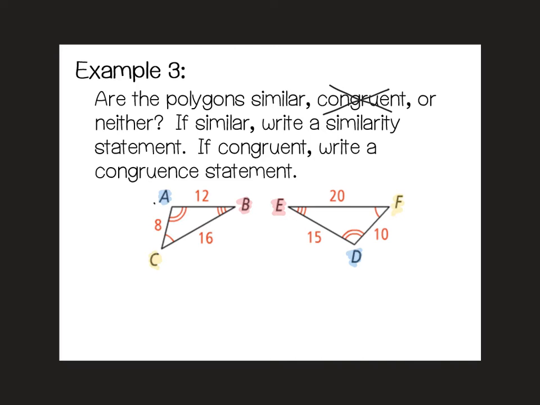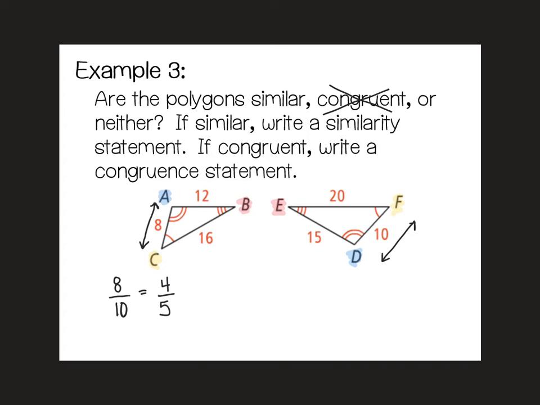So I'm going to start with this one right here. So it's the blue and yellow angles. So I'm going to put 8 on top. If I look over here, the blue and yellow would be 10. 8/10 is really 4/5. And so I want to check, are all of the other ones going to come out